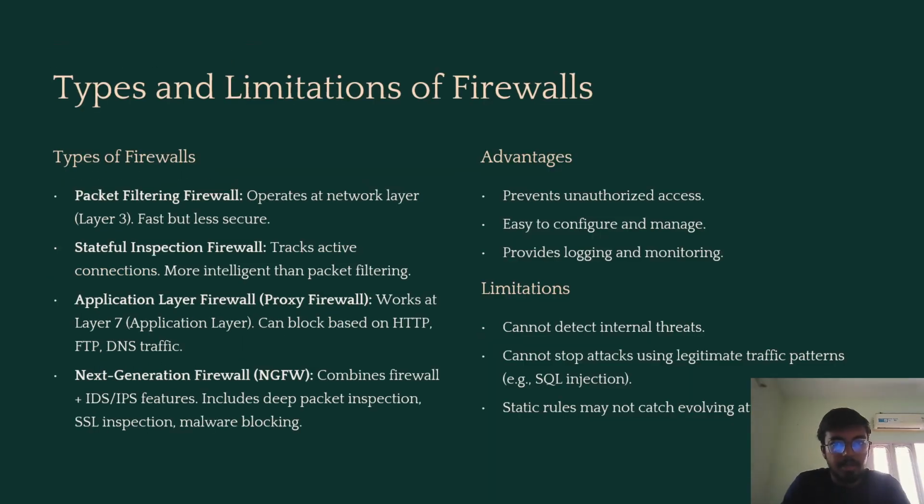Types and limitations of firewalls. Types of firewalls. Packet filtering firewall operates at network layer 3, fast but less secure. Stateful inspection firewall tracks active connections, more intelligent than packet filtering. Application layer firewalls, also called proxy firewalls, work at layer 7, the application layer, and can block based on HTTP, FTP, and DNS traffic. Next generation firewall,